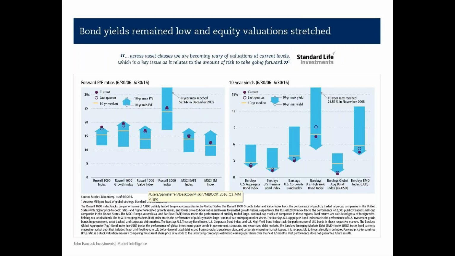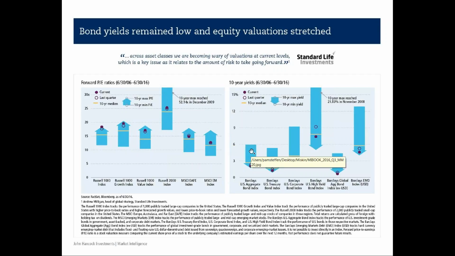All right, a couple last slides here. One is, we talked a lot about valuations. Both stocks and bonds are pretty expensive. These are the forward PE ratios on the vertical axis. This is their 10-year range, and then you have the median. The dots are showing last quarter and this quarter, across different equity asset classes. What you can see is basically everything's expensive. A couple places look less expensive on a relative basis compared to U.S. stocks, and that's international equities, but still expensive relative to the average they've traded at over the last 10 years.